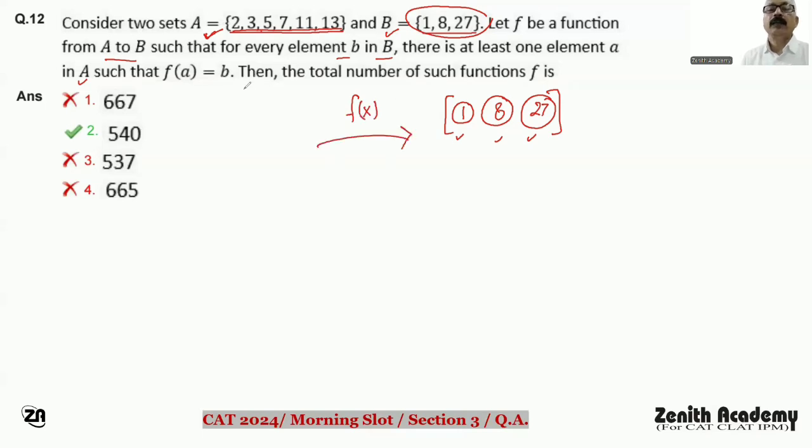और दूसरी बात, सेट ए के जितने भी एलिमेंट्स हैं, सबकी कोई ना कोई इमेज है जो इसमें प्रेजेंट है। तो ऐसा नहीं हो सकता कि सेट ए के सारे एलिमेंट्स किसी की इमेज हो जाएं, और ये किसी की इमेज ना हो। ठीक है ना। इस बात समझ में आई ना। यानी सेट बी के सारे एलिमेंट सेट ए के किसी न किसी एलिमेंट की इमेज होंगे, ऐसी फंक्शन होनी चाहिए।